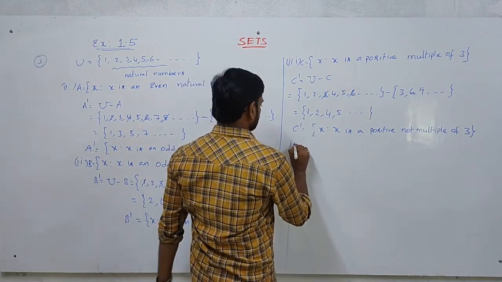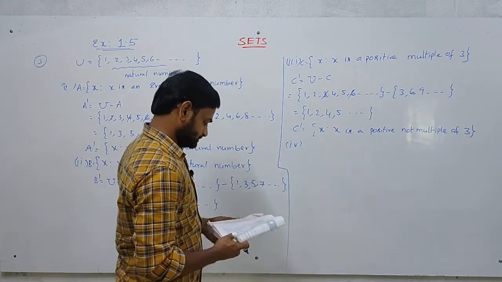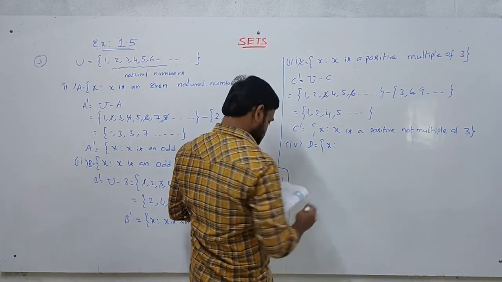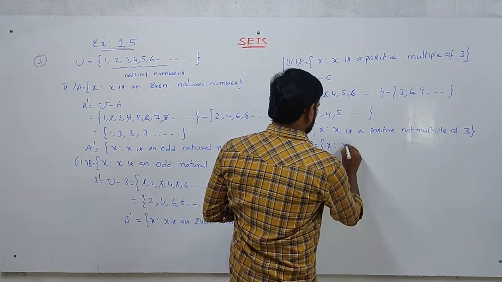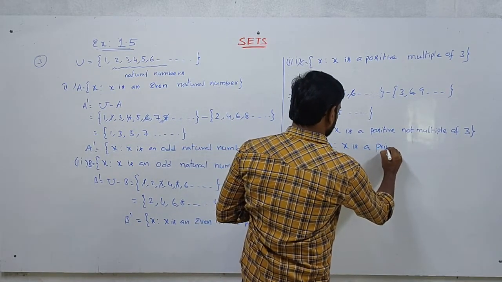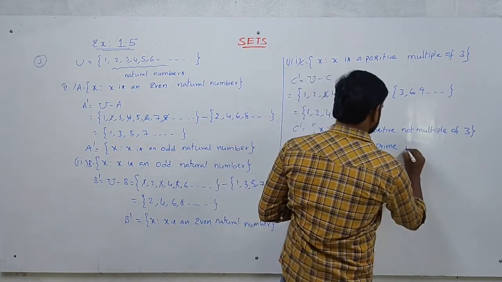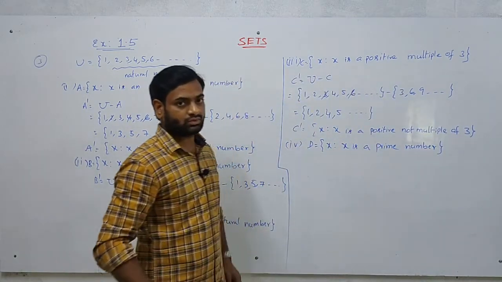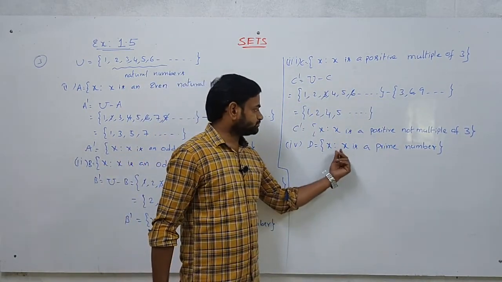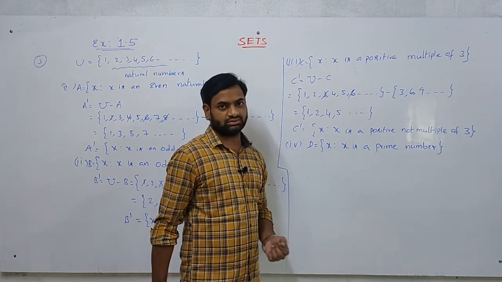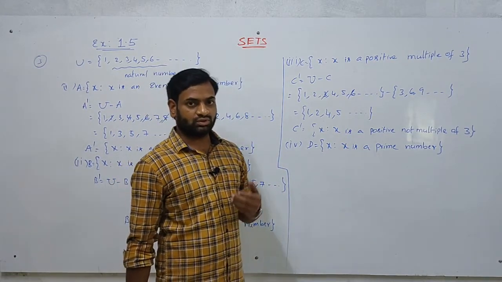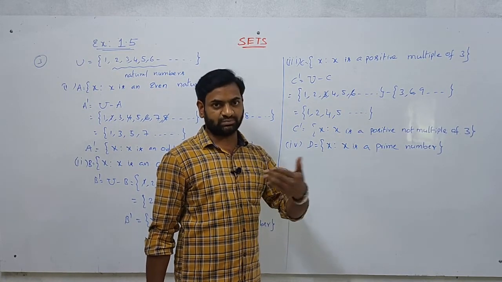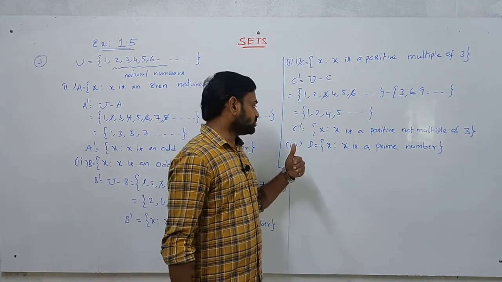Next, fourth one. I am taking this as D. x such that x is a prime number. Now see, D is x is a prime number. What are the prime numbers? 2, 3, 5 like that. These are the prime numbers. Okay. So D dash means